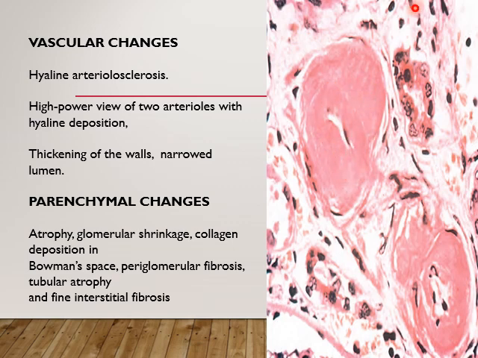Here the parenchymal changes also involve some amount of chronic inflammatory infiltrates present within the renal parenchyma, and we can see interstitial fibrosis and peritubular necrosis. Even the tubules, because of the ischemia, will get damaged, and due to the tubular epithelial damage, the tubules undergo atrophy. Okay, that is very important and has to be remembered.